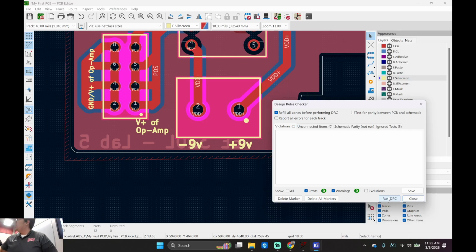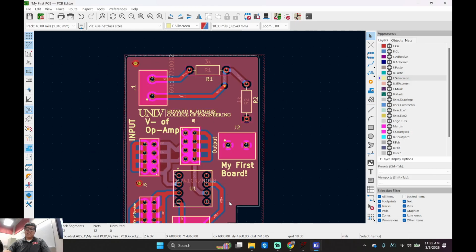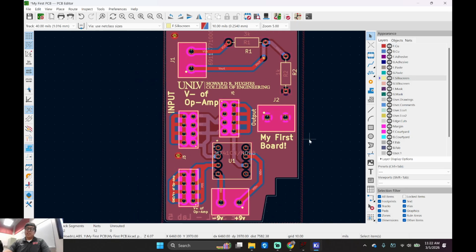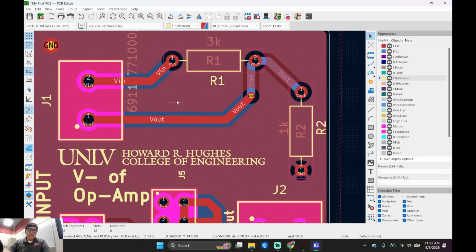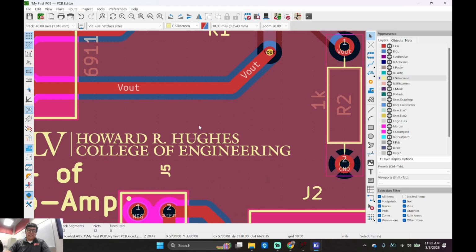That's a screenshot. You know what this means right here? We're ready to fabricate this. All right? So I want to see this screenshot right here, and I want to see this other screenshot right there, okay? Is everyone understanding what I'm going to be checking for your design rule check? So TLDR, make sure you don't have any ugly kinks.